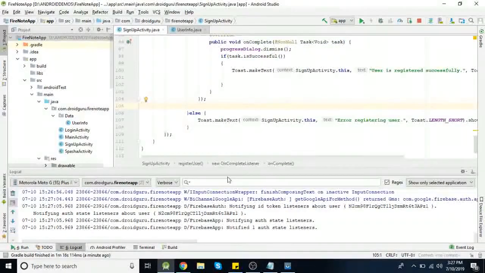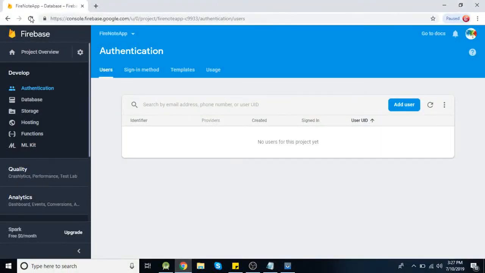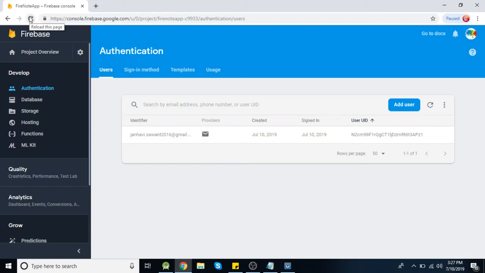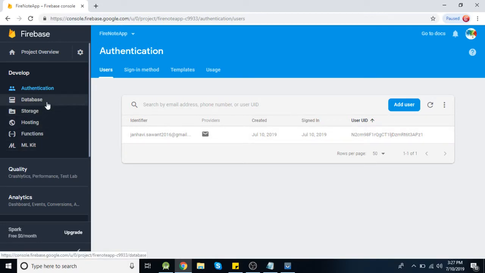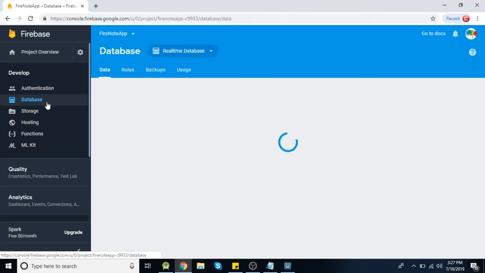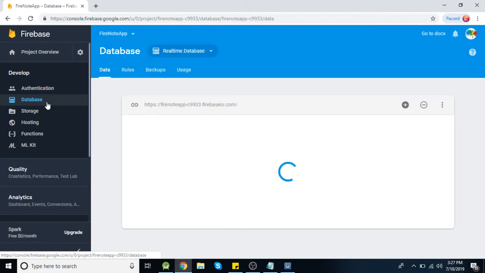Now let's check it on the Firebase console. You can see here in the authentication section, our user is created with this email ID and this is a user UID which is unique. Now we already saved our user information to the database, so let's check it. Okay.